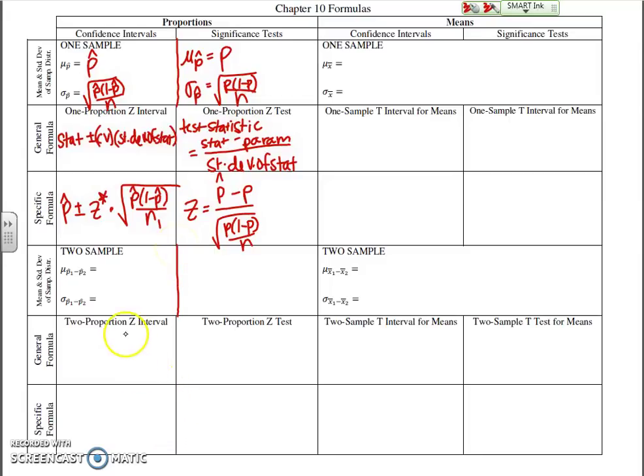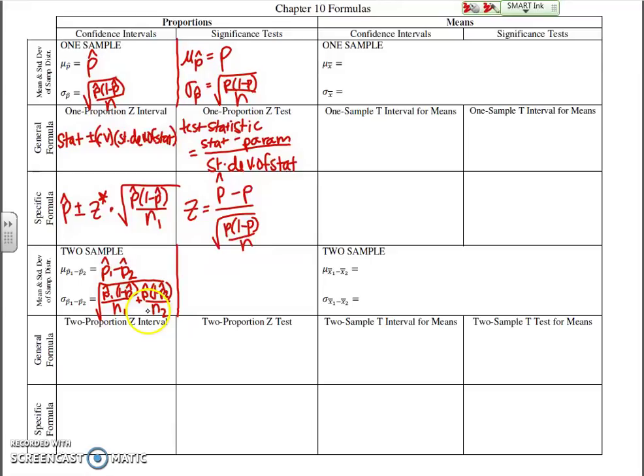When you use the sampling distribution for a confidence interval, we're going to use p-hat 1 minus p-hat 2 because we don't have a claimed p to go off of. Then we're going to use the square root of p-hat 1 times 1 minus p-hat 1 over n1 plus p-hat 2 times 1 minus p-hat 2 over n2. Because again, we don't have an actual p to go off of, so we have to use the standard error